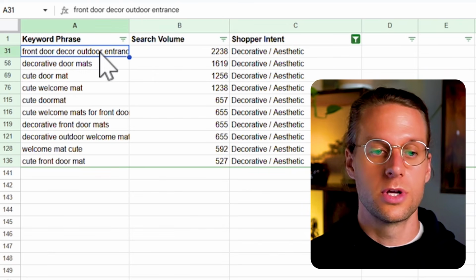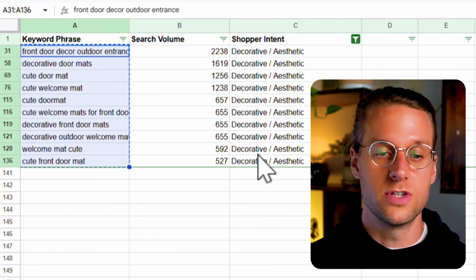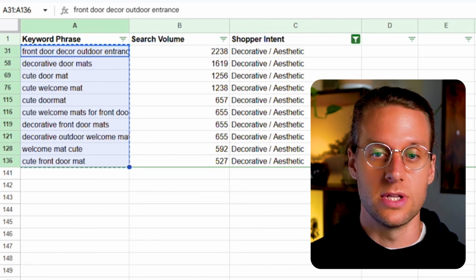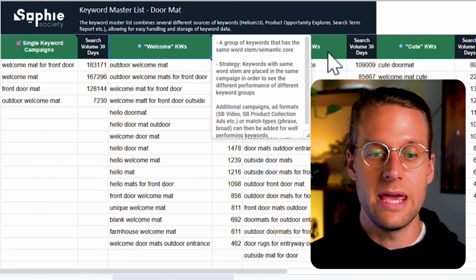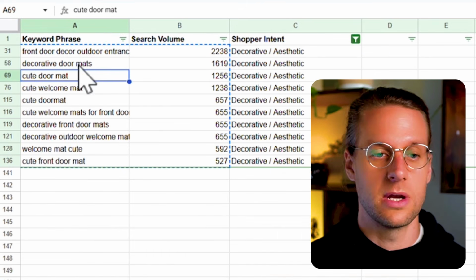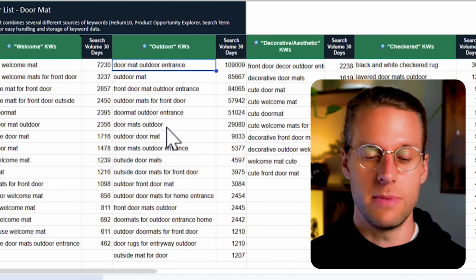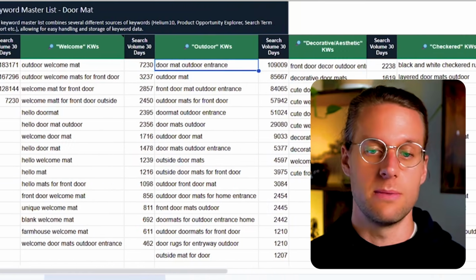Seriously, this is what most people don't take the time to do, but if you do it, it can supercharge your profitability. Now, all you're gonna do is simply copy all of these terms from each of these groupings into that master list that we had before. Just name the top of each the way I have it in this finished out sheet. Then you're simply gonna paste these search terms with their associated search volume into your master sheet here. Do that for each of the major search term families, and you end up with a master keyword list that